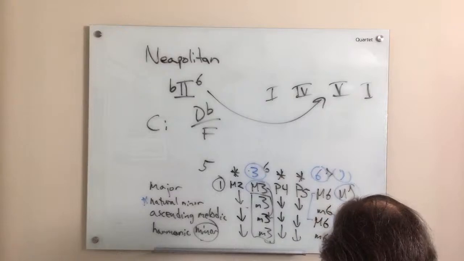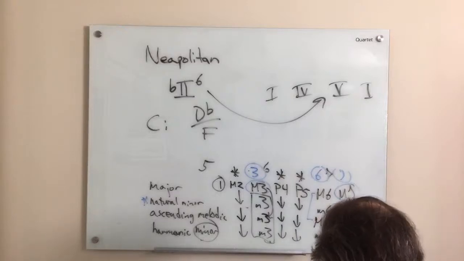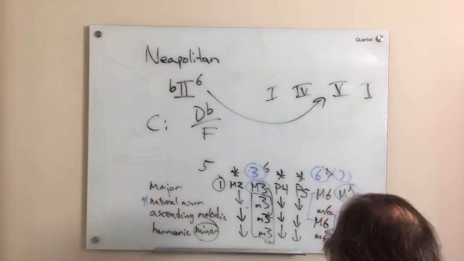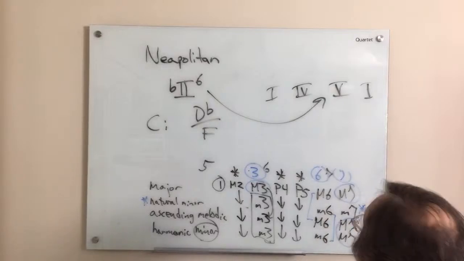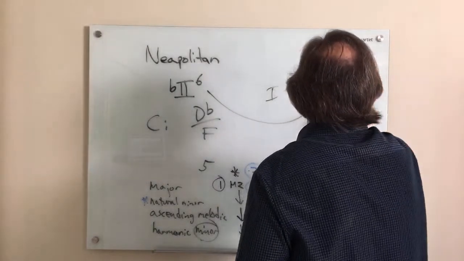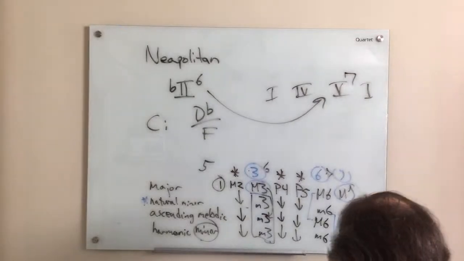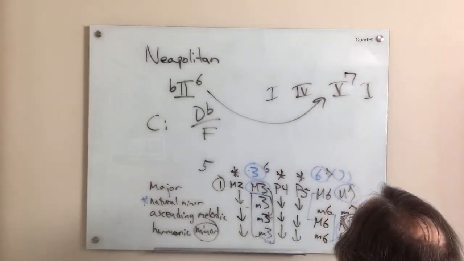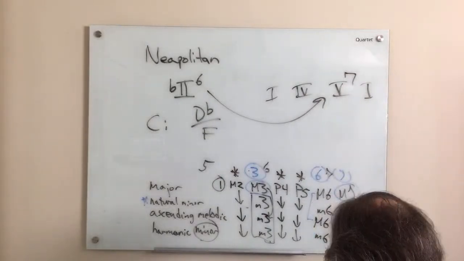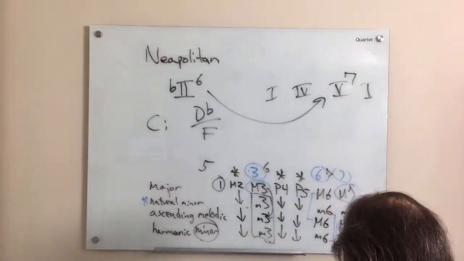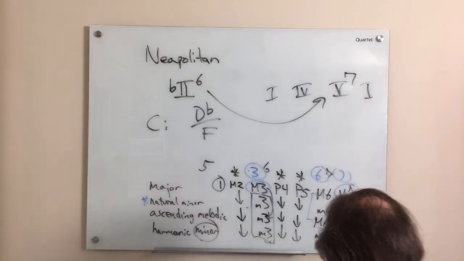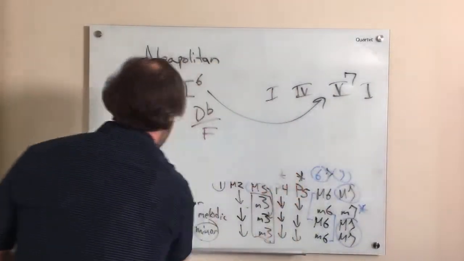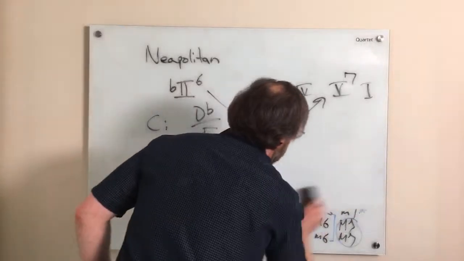Yeah, that's better. So if we go 1, 4, Neapolitan 6, and it often will be a 5-7 chord when you go to the Neapolitan. So let me do it again. 1, 4, Neapolitan 6, 5-7, 1. And let me show you how I'm doing the voice leading for that, because the voice leading is